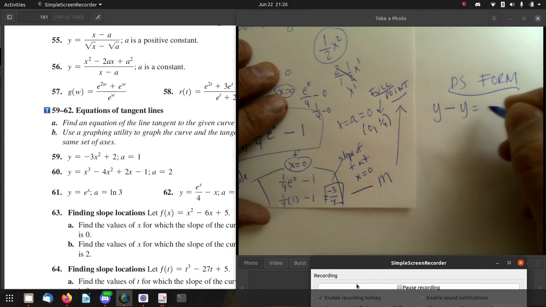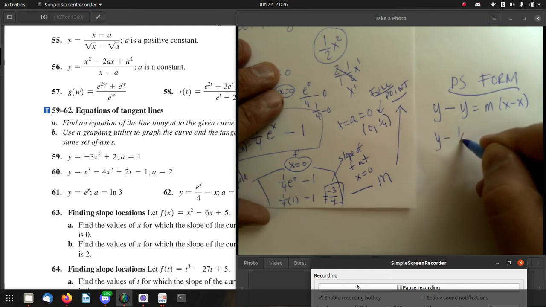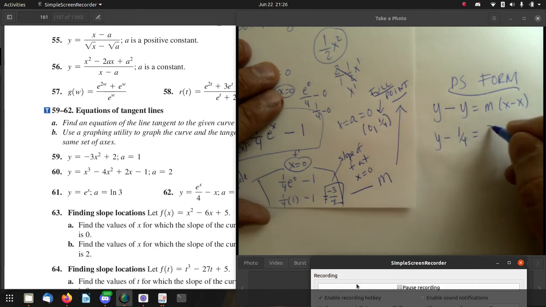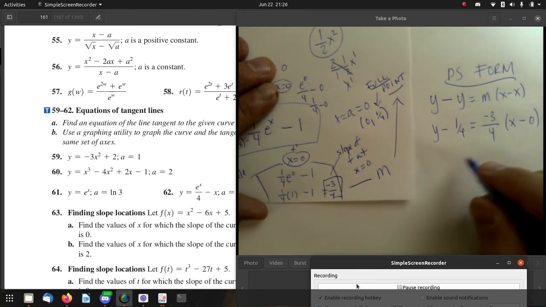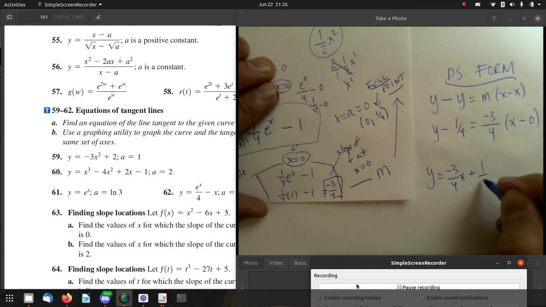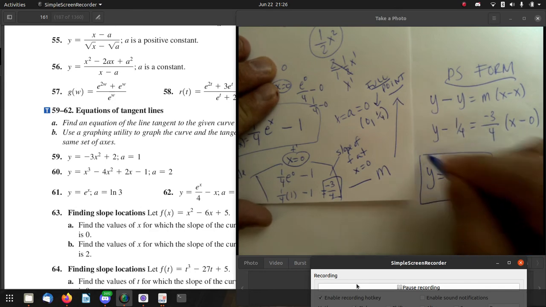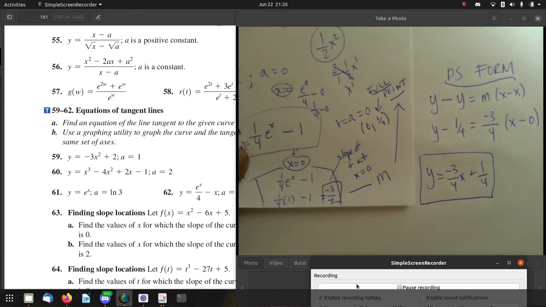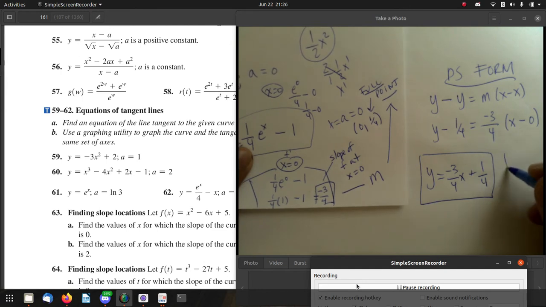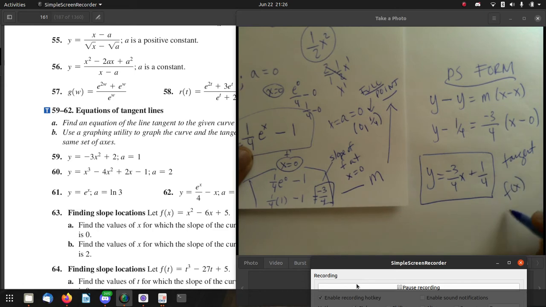So we're going to do y minus y1 equals m times x minus x1. And we get y minus 1/4 equals a slope of negative 3/4 times x minus 0. Simplifying that out, we get y equals negative 3/4 x plus 1/4. We're going to plot this function, and we're going to plot, so this is the tangent, not the derivative, and we're going to plot the original function f of x, which is e to the x over 4 minus x, on the same coordinate plane